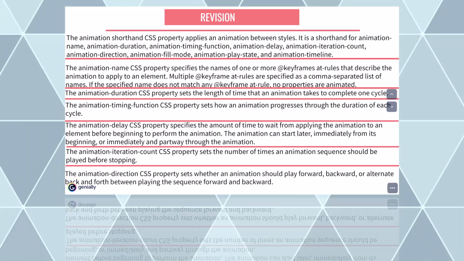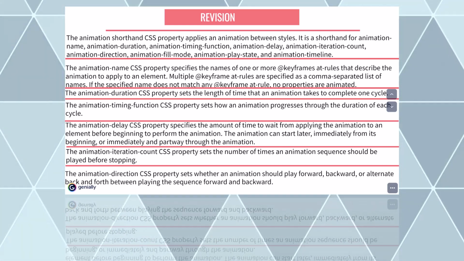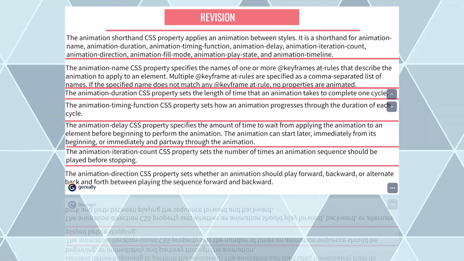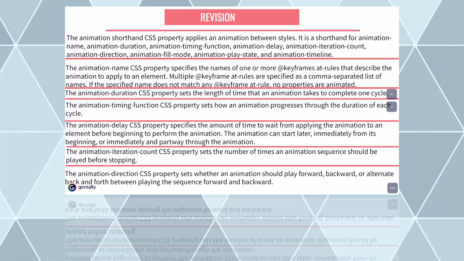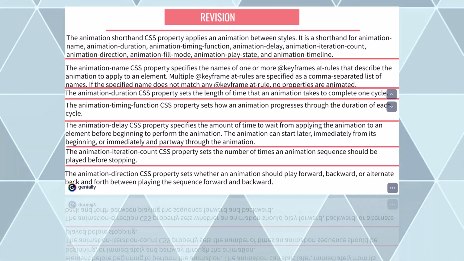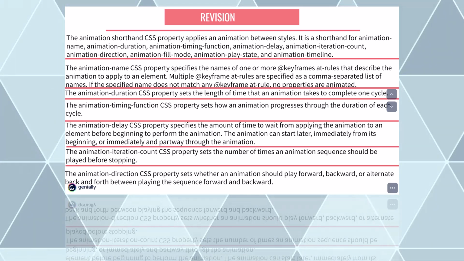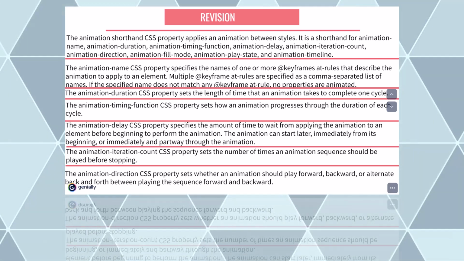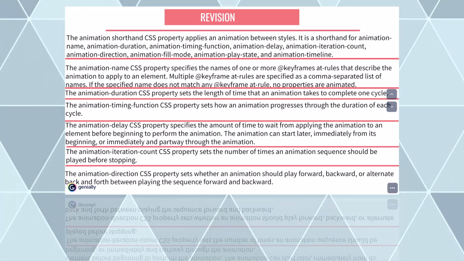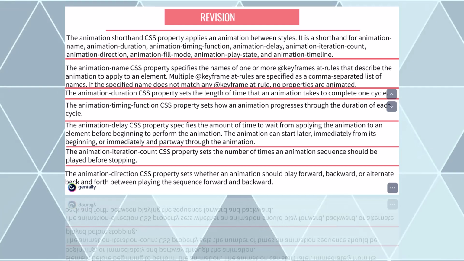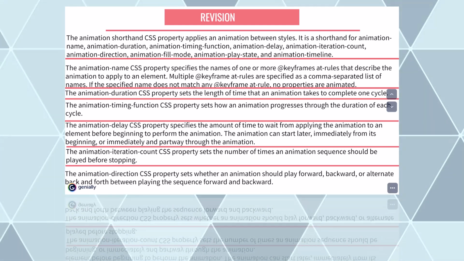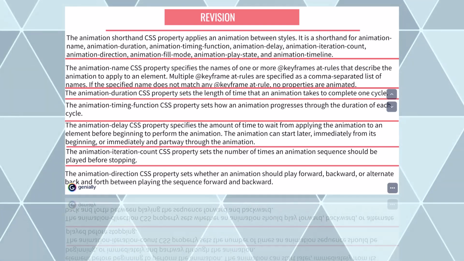So, wait, can you tell me? Can you read it? The animation-timing-function property sets how an animation progresses through the duration of each cycle. So what do you understand? If you use the timing function, then you can see it. It's a function. But for the timing function,